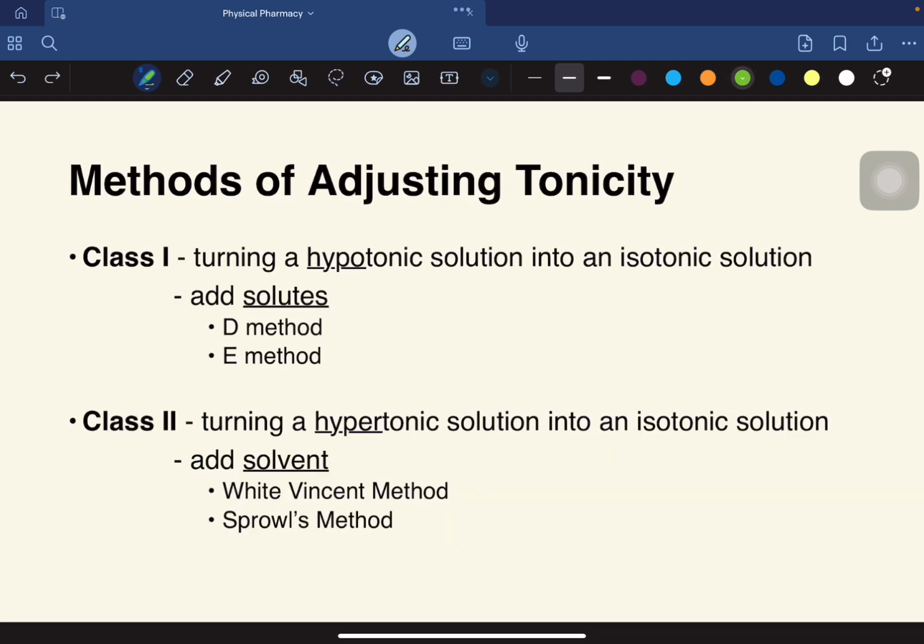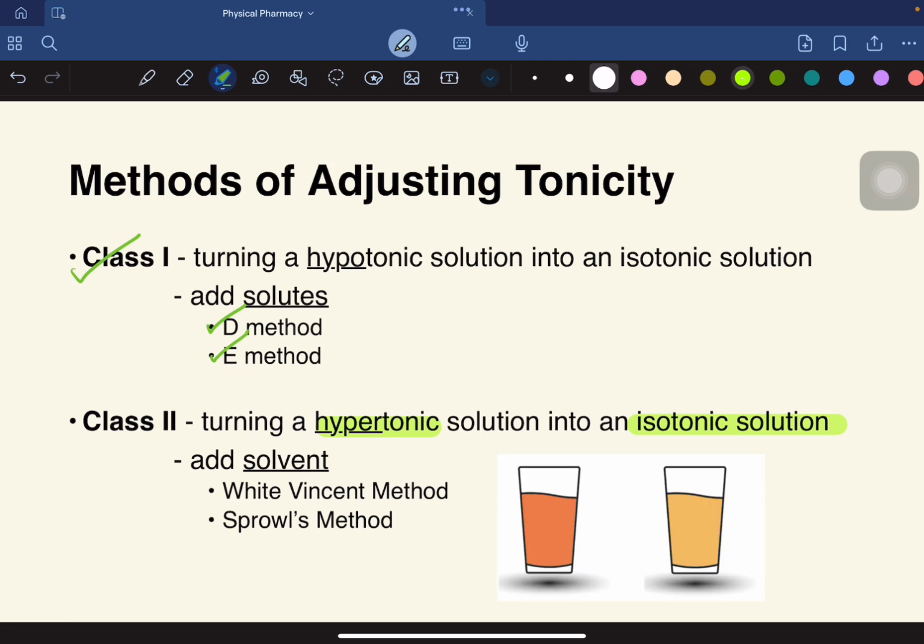Okay, so tapos na tayo sa class 1 methods of adjusting tonicity. So na-discuss na natin yung D method and na-discuss na din natin yung E method. So now let's proceed to your class 2 method. So your class 2 methods, to reiterate, is turning a hypertonic solution into an isotonic solution. So an analogy, a very saturated solution of juice, linagyan natin ng tubig. So for this, we will have to add